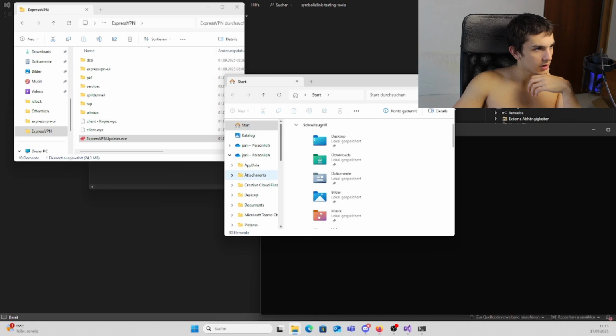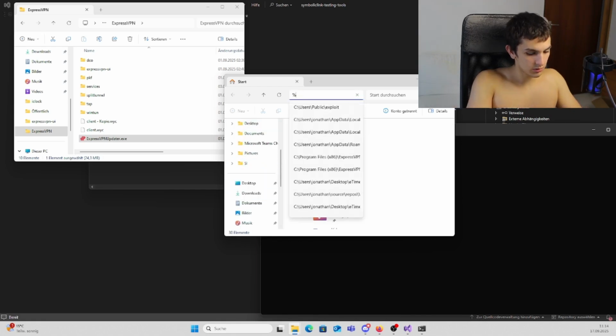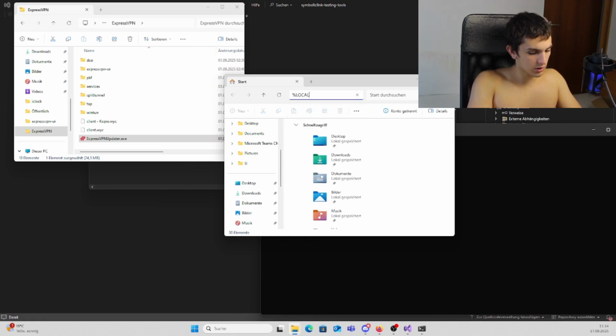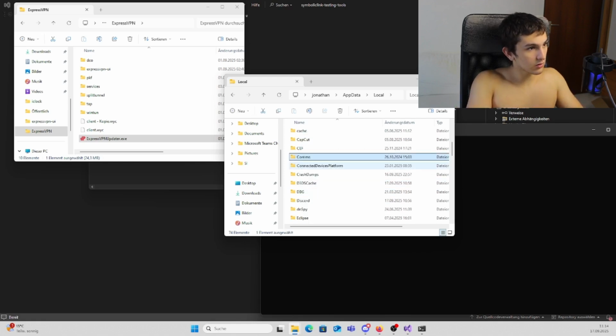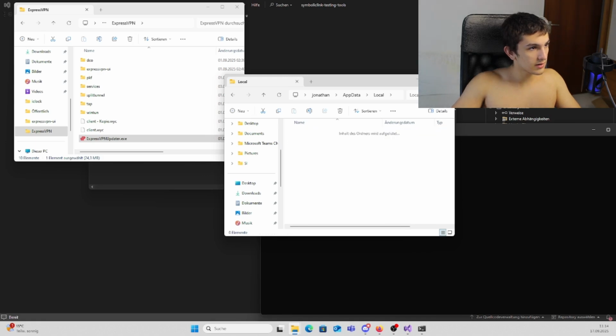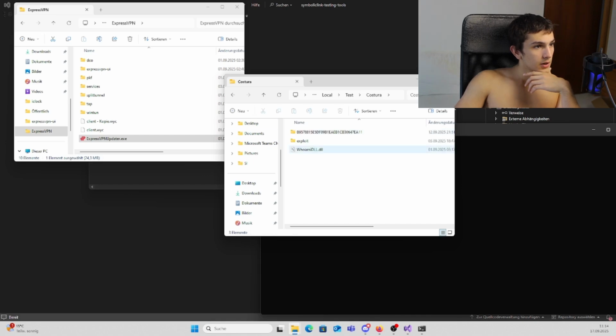Okay, let's just go to local app data. App data local, and then I think it was test, and then test Costura, and then here we go, this right here, and it tries to access